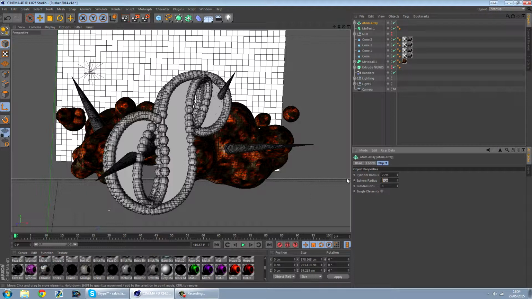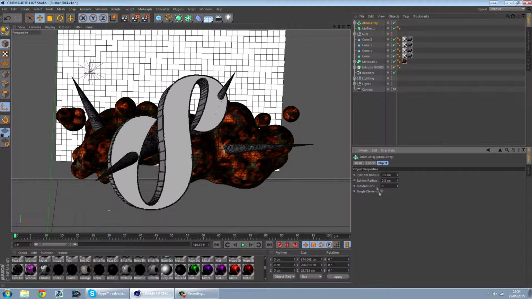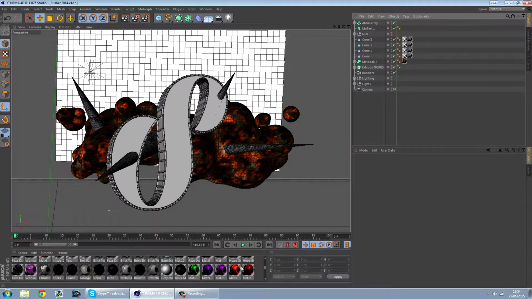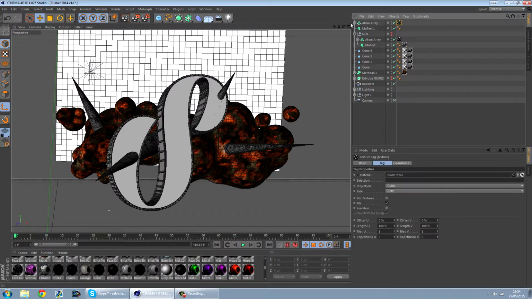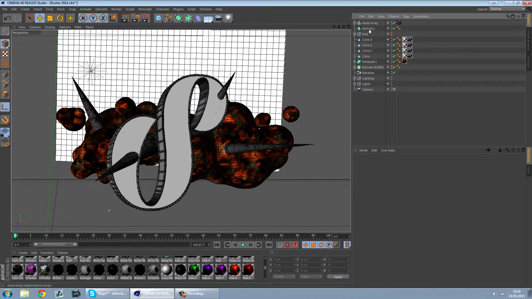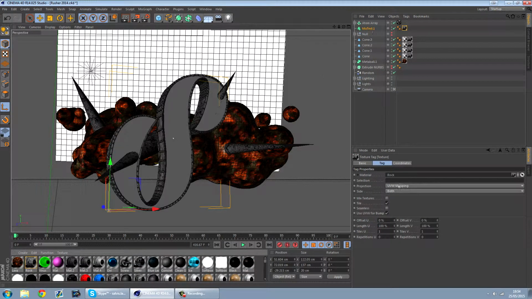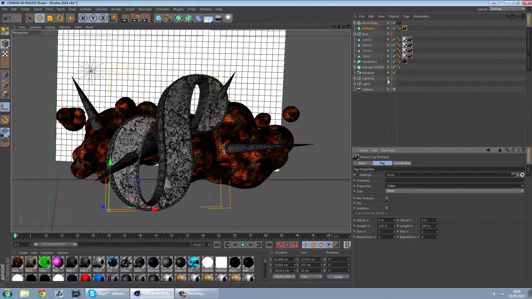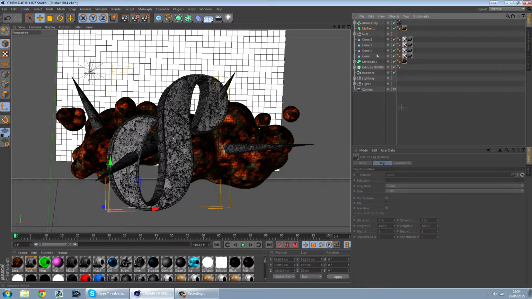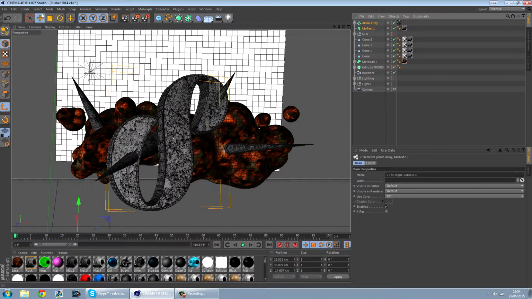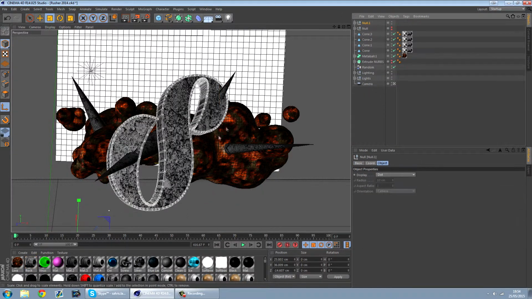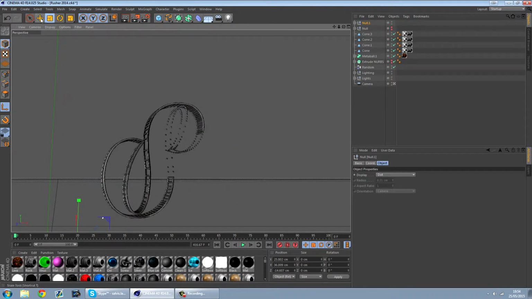and change that to 0.5. Actually, for this, we can bump it up to 1, to be honest. There we go. And gonna go ahead and add the same chrome to this, and going to go back to the top and get the rock texture and add it to this text. Have I got it here? Yes, I have. Right, and now that I have that, I can group these and move them,